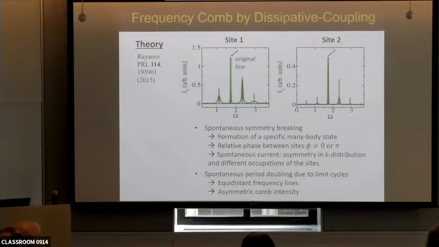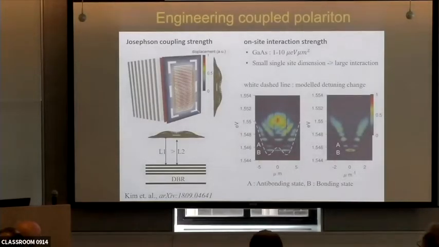So how do we implement that experimentally? With our grating, we can easily make a confined system. So we can control the stress release at the boundary to control the bending of the grating. As a result, we can change the cavity length, which effectively produces a confinement potential for the polaritons. So we create such a double well confinement potential with the two sides with certain coupling between them.